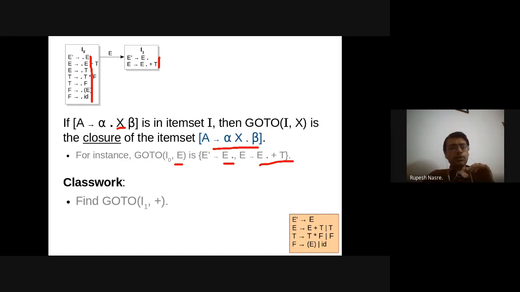Can somebody tell me goto of I1 on plus? What are the items in that state?